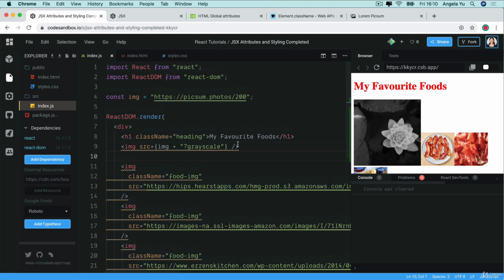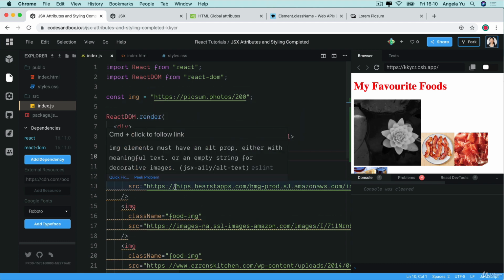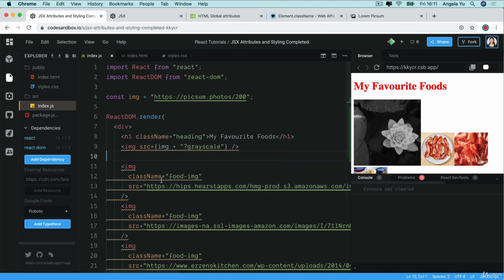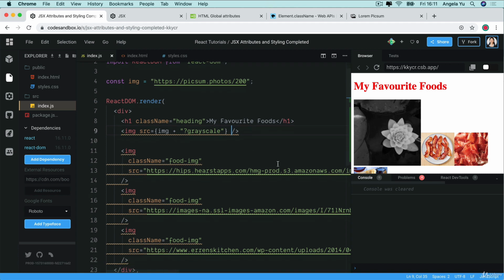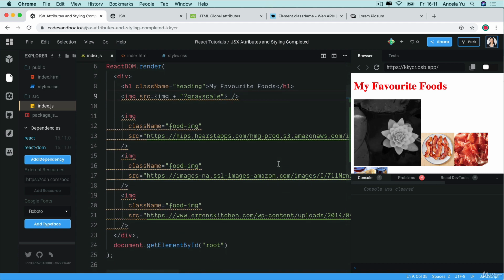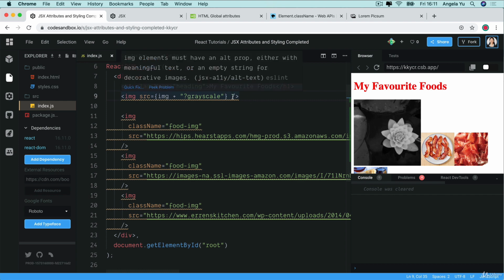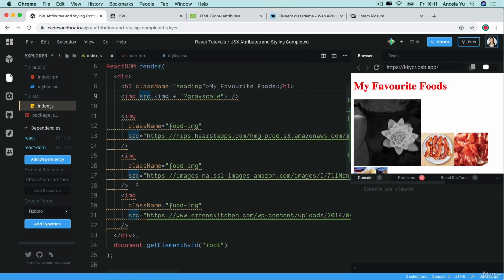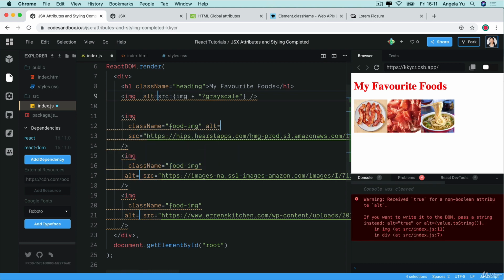Now, if you're wondering why we're getting so many warnings, well, it's because CodeSandbox comes pre-built with a linter from ESLint. So it will pick up on the things that you're not doing quite right. So for example, in terms of our image elements, we should always have alt text that describes to people who aren't able to see, who are looking at these websites through screen readers, etc., what these images are actually of. So if we add some alt text in all of these places, we'll write alt equals